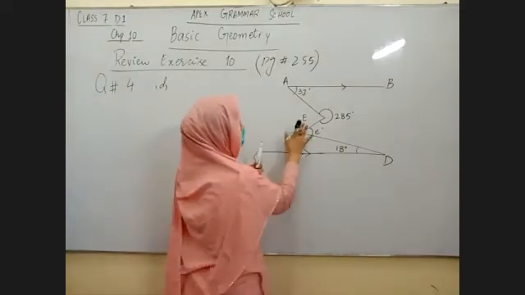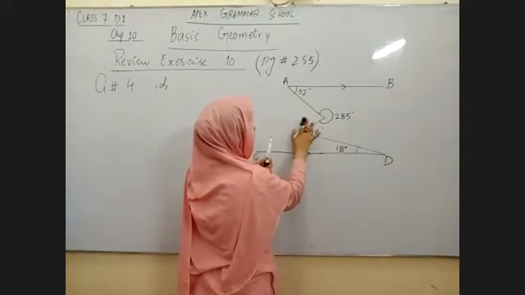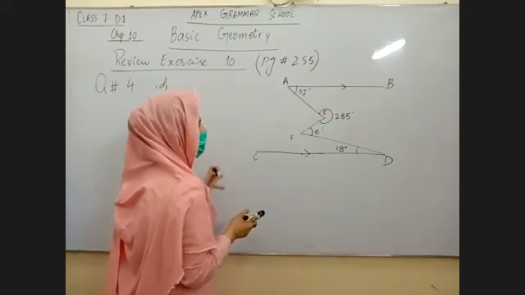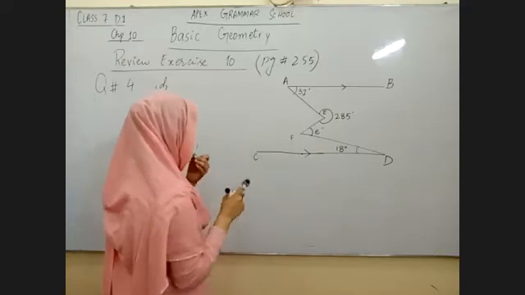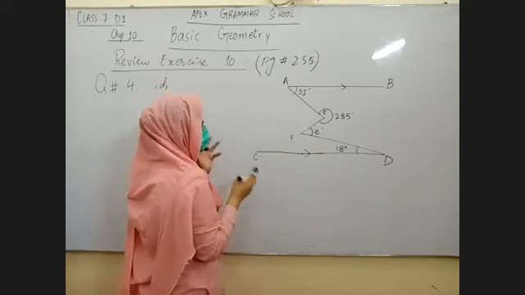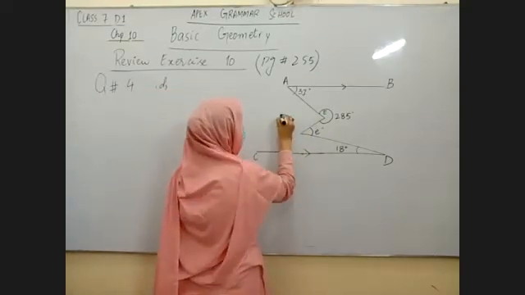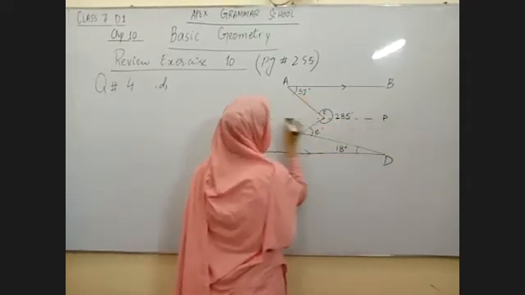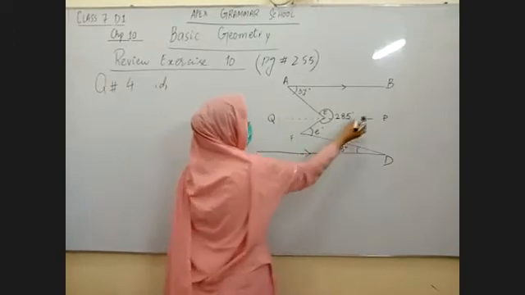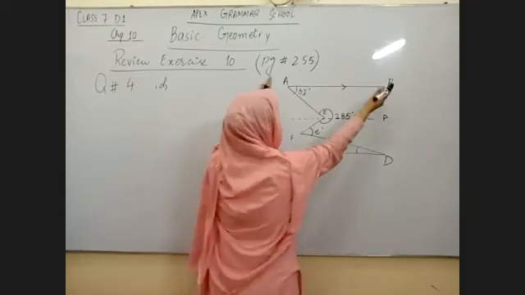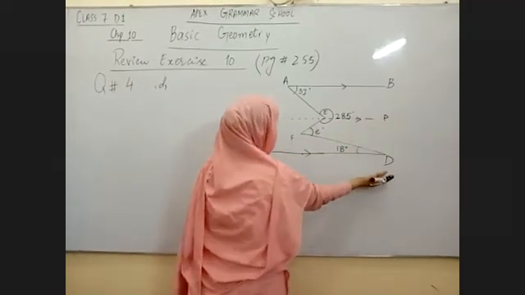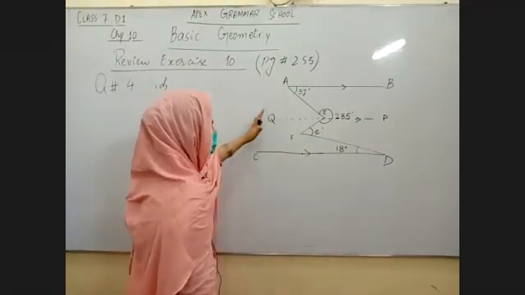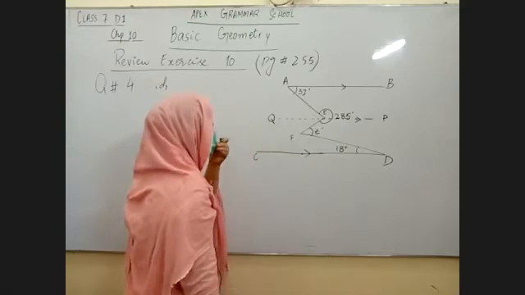Okay, first I am going to erase this point E from here. I'll try to draw the diagram as large as possible so that you can see what I'm doing with the diagram. At point E, I'm going to draw a parallel line PQ in such a way that AB is parallel to PQ, which is again parallel to CD. Now we have three parallel lines, AB, PQ and CD.